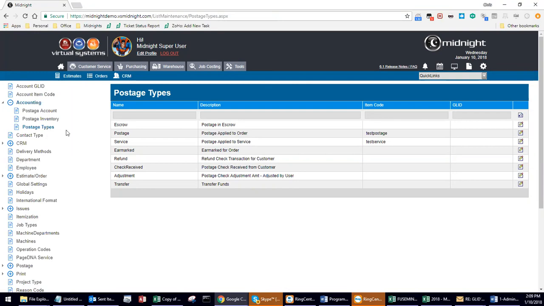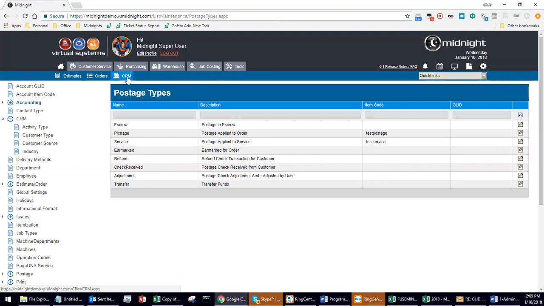The contact type and the CRM handlers here are actually something I'll be going over in our CRM handling session, but do be aware that these 5 areas control what you see in the CRM for the customer instances, such as what kind of customer they are, their source of acquisition, their preferred industry, or whatever it is that they do, just in general,